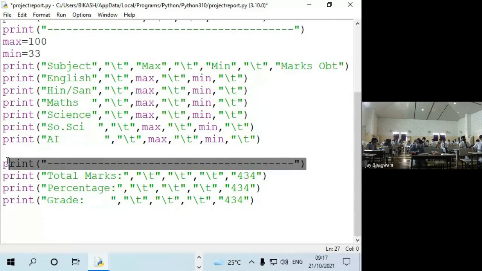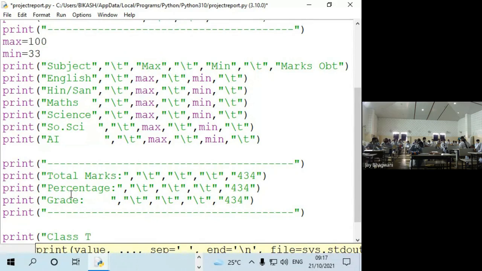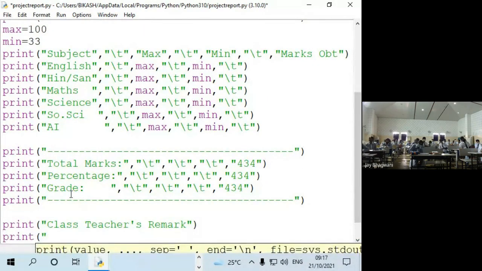Actually, I want a partition, a separation. This is separated now. And then after, I will display the class teacher remark. And then after, backslash t, backslash t, backslash t, backslash t.